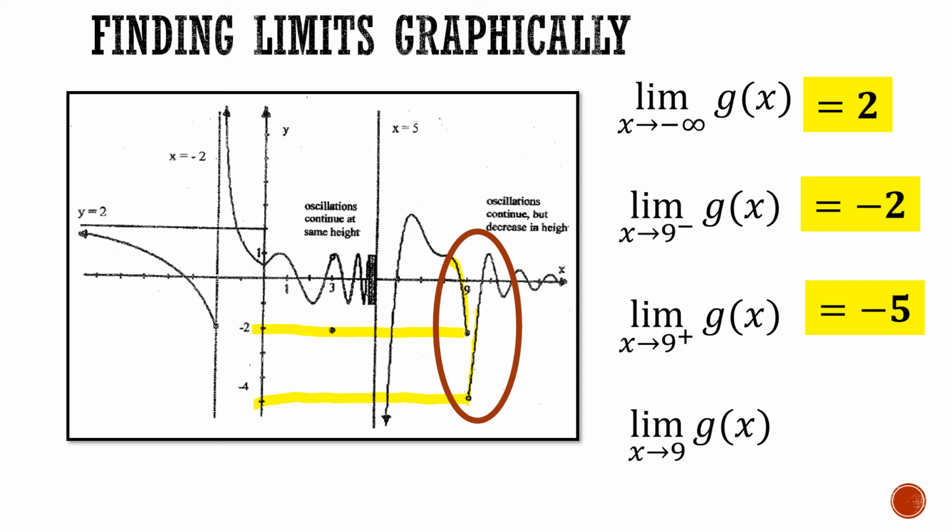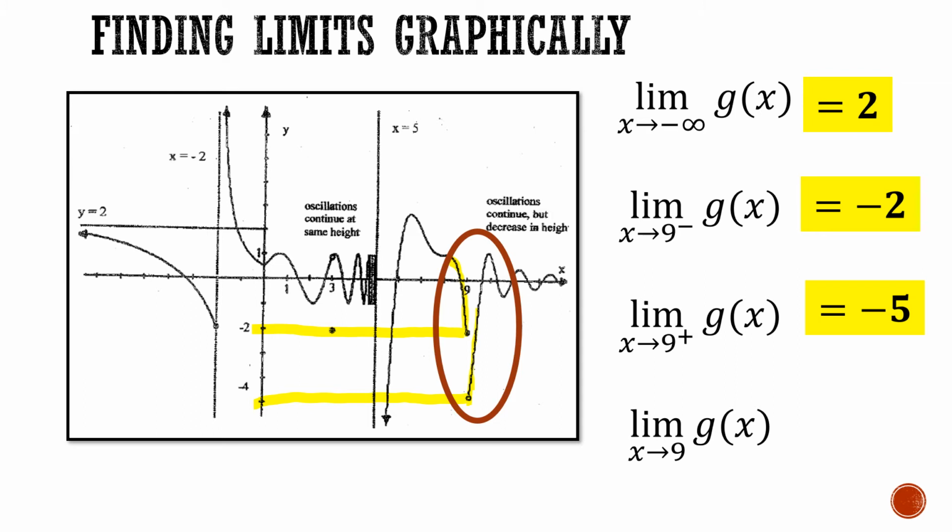Now the last question says, what is the limit as x approaches 9 straight up? Not from the left, not from the right, just what is the limit? If you remember the definition we talked about a couple of slides ago, in order for this limit to exist, the limit from the left and the limit from the right have to be the same thing. So not only can I see from the graph that this left-hand side is way shorter than the right-hand side, so this piece over here is way shorter than this piece,